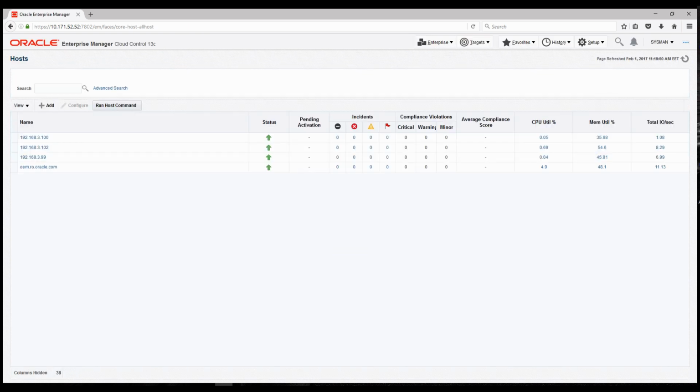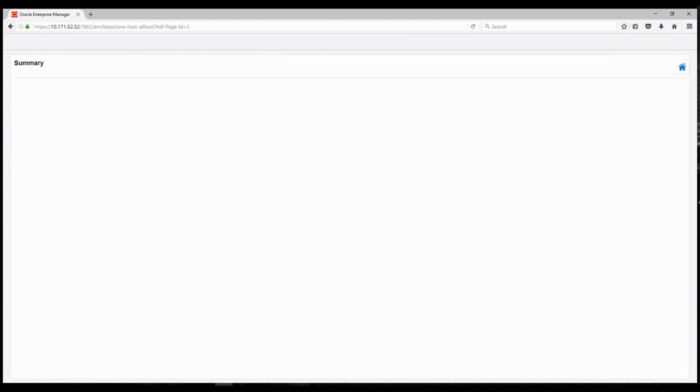and here you can see that I have multiple systems that I currently monitor. And just by logging on this screen, you can see the median CPU utilization, median memory utilization, and total I/O per second on a 24-hour interval. In order to see more detail, I will select one of the systems. In my case, it's also the Enterprise Manager that's being monitored, and by selecting it, we will be seeing a